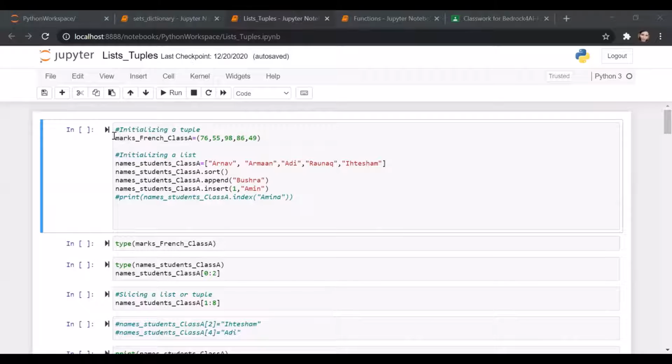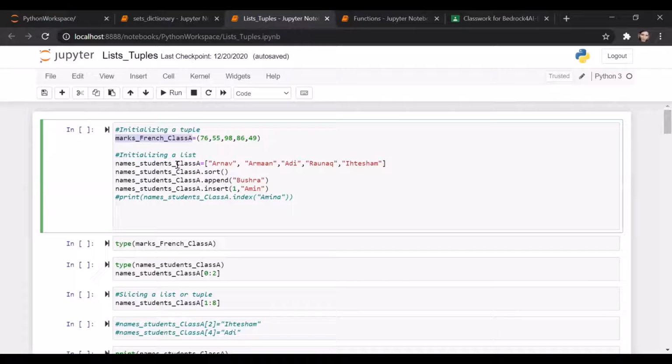Okay, so in this first part of code, we are just initializing a tuple and initializing a list. What is the key difference between a tuple and a list? Lists are mutable and tuples are immutable. Yes, right. Once you learn functions, you will better understand where tuples can be used. So if you don't want the data to be modified, it is better to use a tuple.